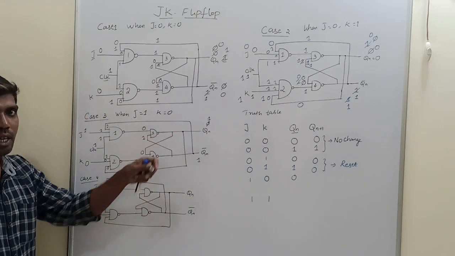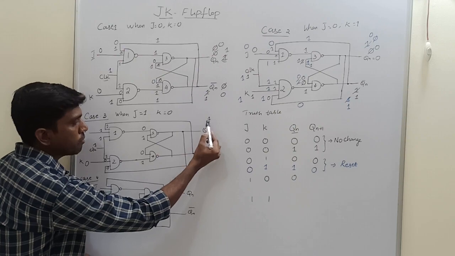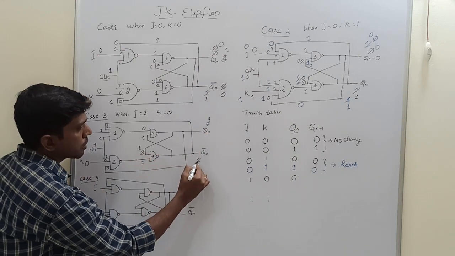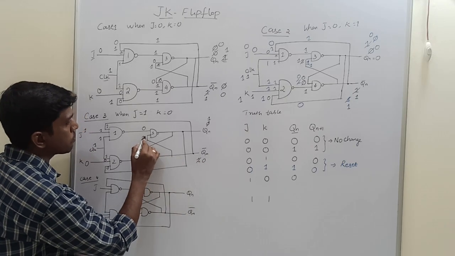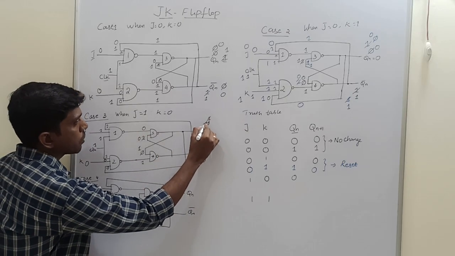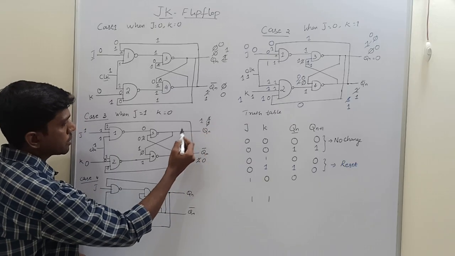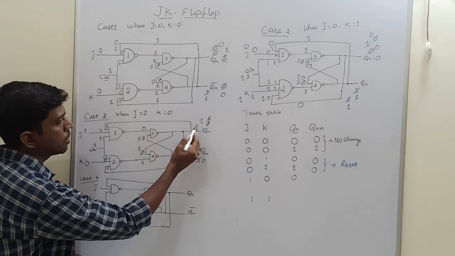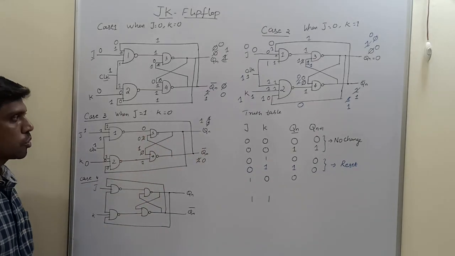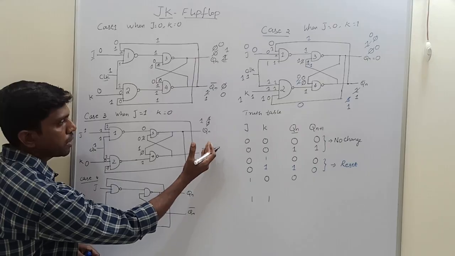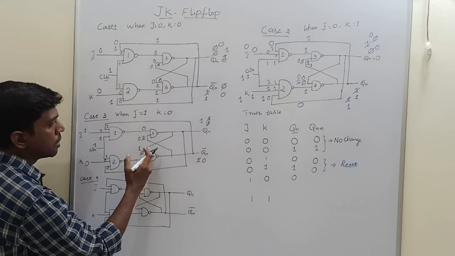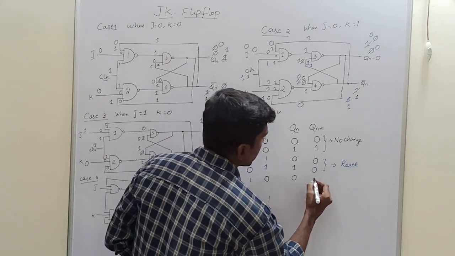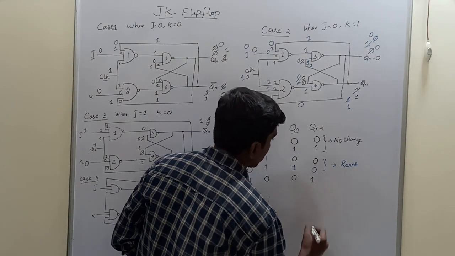So it's not a stable state. Again this Qn value is feedback to fourth NAND gate. So 1, 1, 1. Qn bar is 0. So this 0 is feedback to here 0, 0, 1. So this 1 is again transferred to here 1, 1, 0. So this 0 is feedback to here 0, 0, 1. So it's a stable state. So how many times you feedback this Qn and Qn bar value to NAND gate 3 and 4, you will get the same output. So here Qn plus 1 is 1.